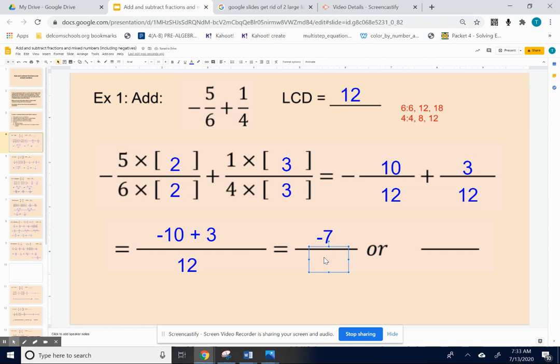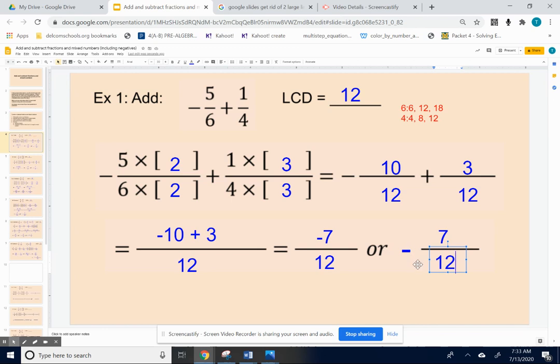Keep the 12. Now that is a perfectly good answer. It's reduced, and that is actually what I prefer to have you write it as. But I just want you to know that if you ever have a negative fraction, like if you're checking the answer with another teacher, they may want you to put the negative out in front of the fraction instead. But it's the same answer. So negative 7 over 12